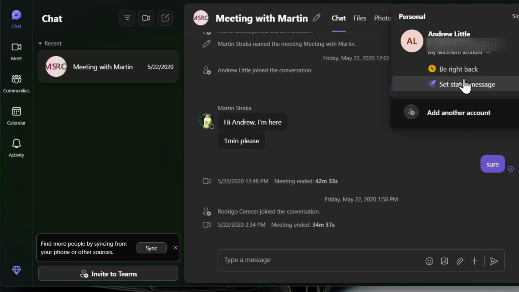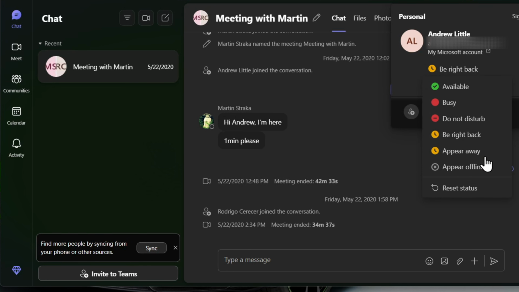That's the correct way to actually do it instead of appear away, because appear away can mean two things. It can be that you're just not active around your PC and so you just appear that you're away, or you could be close to your computer but just not around the PC at the moment. So I recommend using the be right back status rather than the appear away